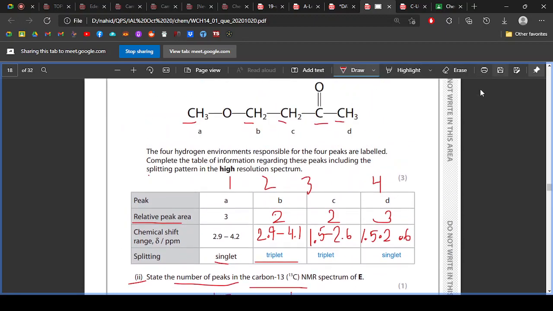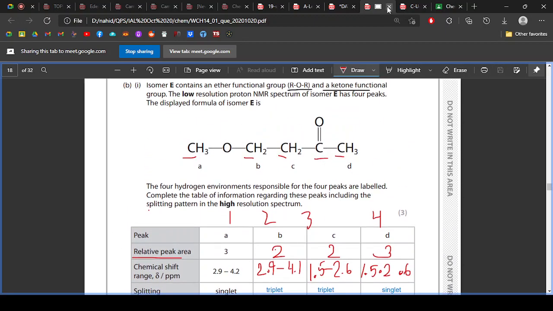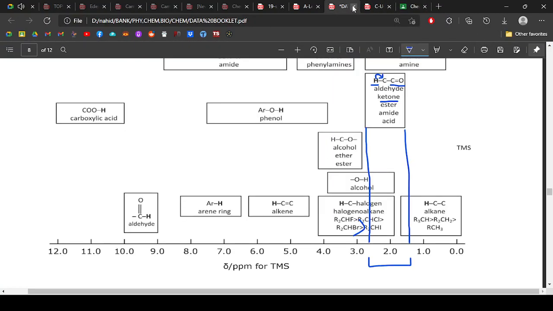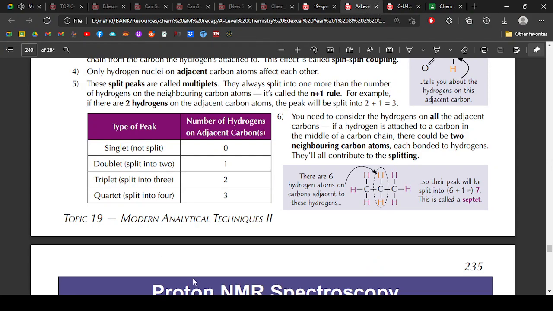So that's it for NMR. I just wanted to discuss these two questions because they were directly from recent papers, plus both of them were related to NMR. That's why. So I hope discussing these two questions helped with understanding NMR. Okay. So